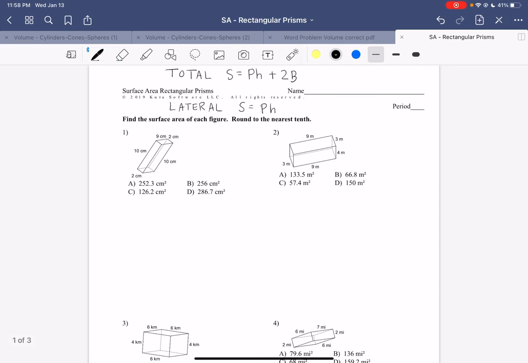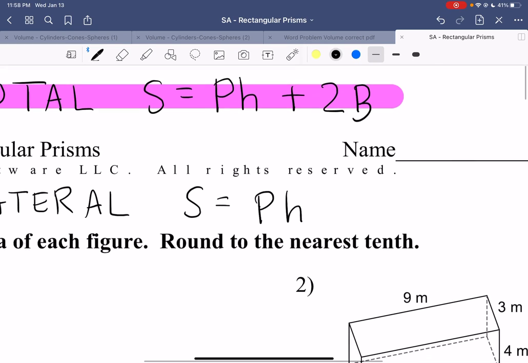Okay, we are going into the surface area of rectangular prisms. So at the top here, I'm going to highlight, we have our total surface area formula, which reads surface area equals, I'm going to zoom in. So surface area, and this is for prisms. We have P, which stands for the perimeter